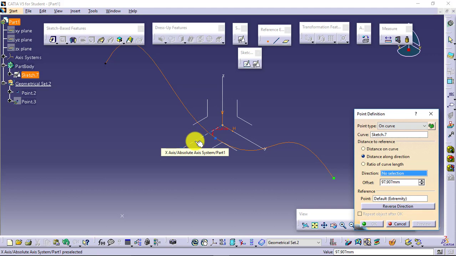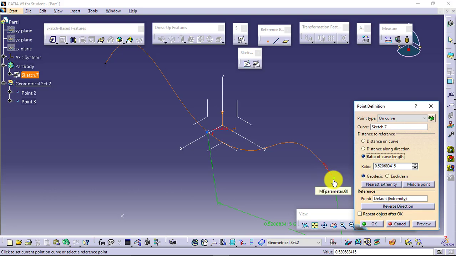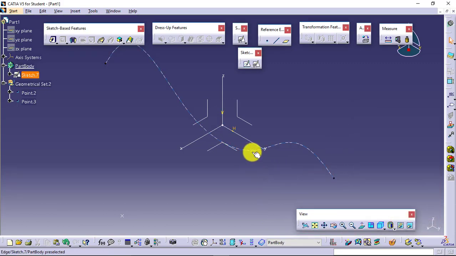Or a ratio of curve length, considering complete curve as 1, you will define the ratio. Say I want a point at 0.35 of the curve, then at 0.35 I will be getting the point, and simply say OK. You have the point on the curve, and you can use this point as a reference for your further work.